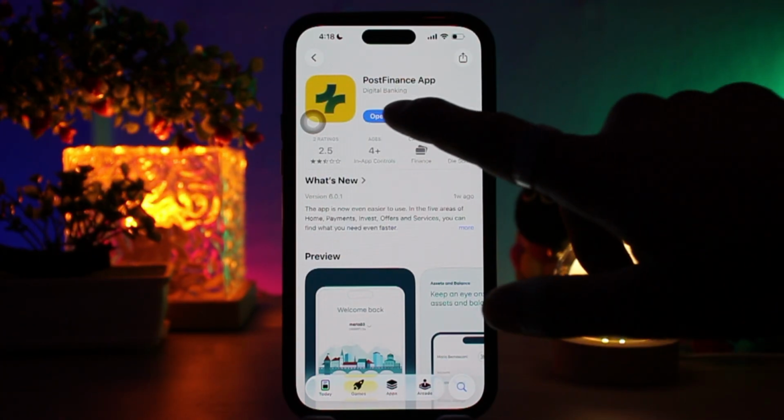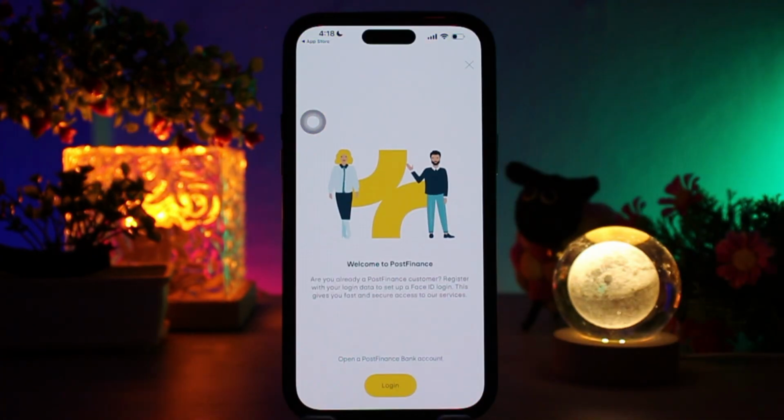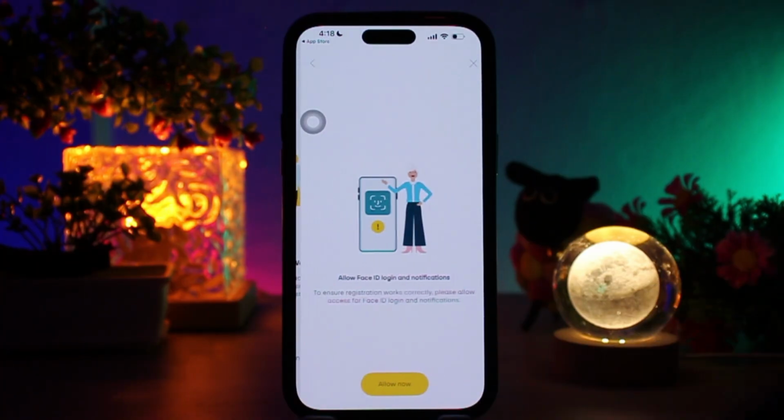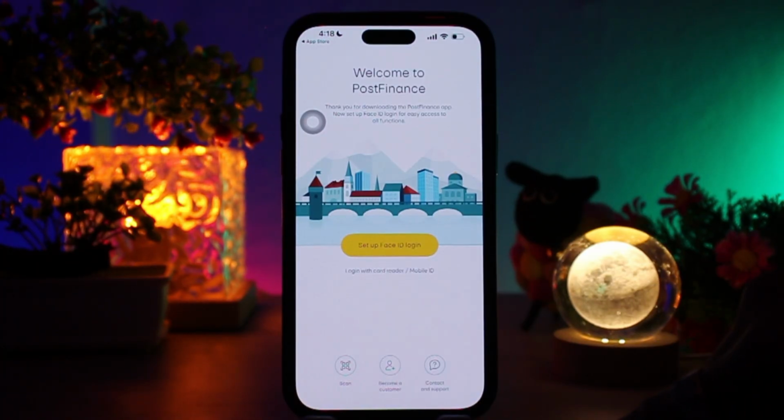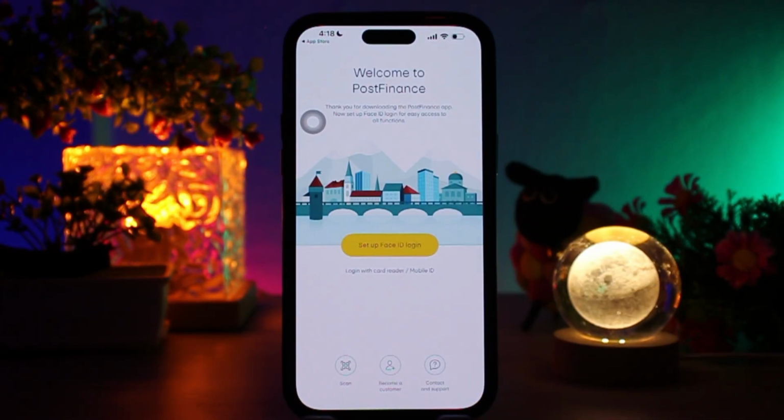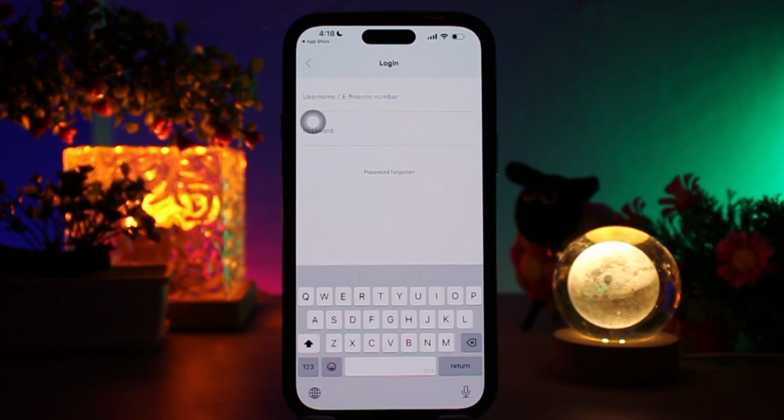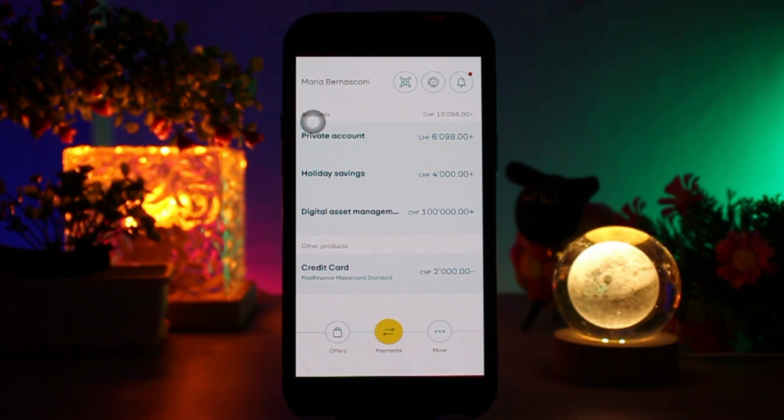The next step is to simply open up the PostFinance application and then simply tap on login on the bottom of your screen. Then once you're inside here, what you need to do is log in using your e-finance number and password, or PostFinance ID or mobile ID for approval. Then once logged in, the app or e-finance home screen shows your account balance. Simply tap your account to see incoming salary, payments, card transactions, and then you can also send money via